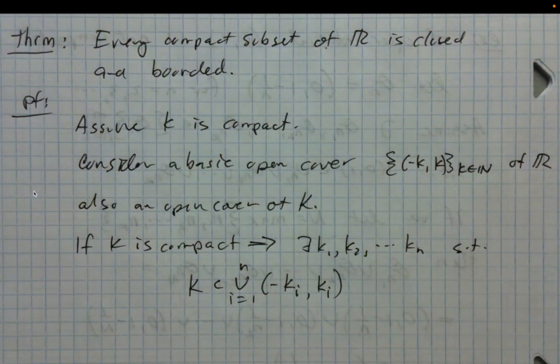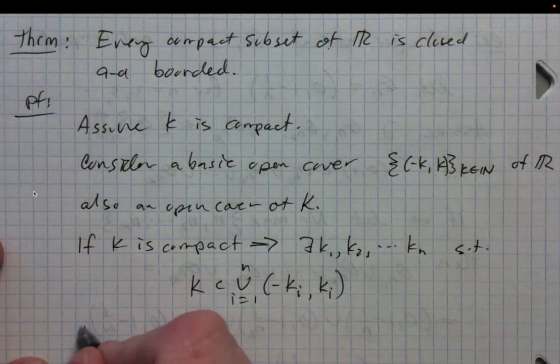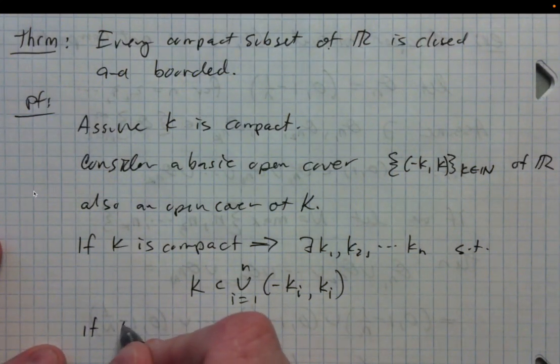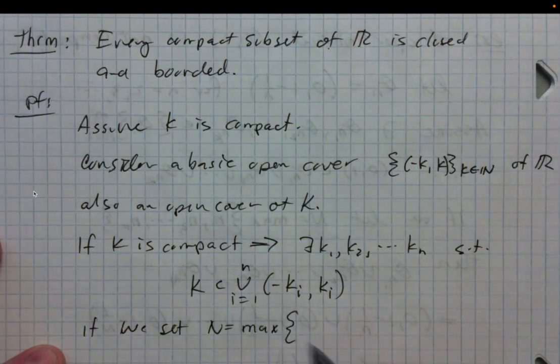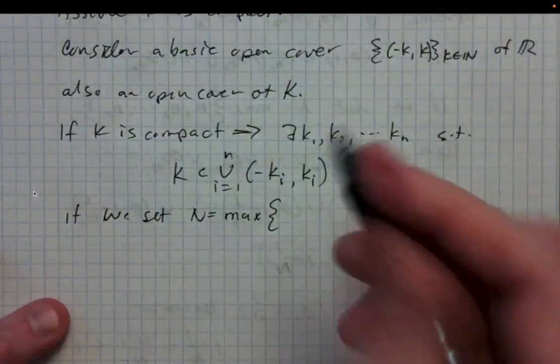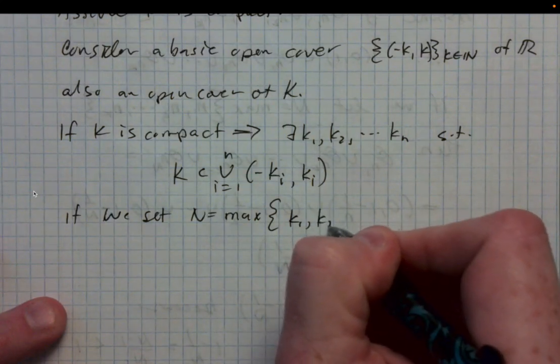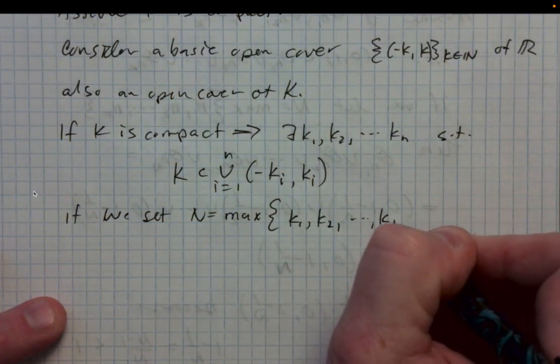Okay, so this is all just definition, right? If K is compact, there exists a finite subcover. Here's an open cover here, so if it's compact, this subcover must exist. And so we can set n. So if we set n equal to the max of K1, K2, ..., Kn,